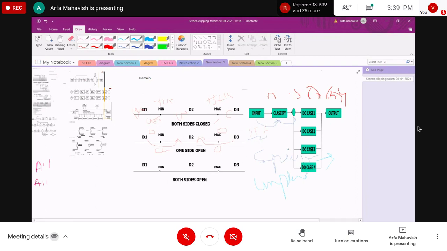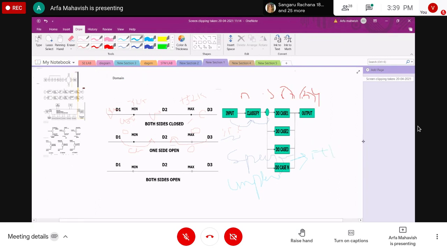If the domain testing is done by the implementation, then it is called structural testing. So domain testing is divided into two types.